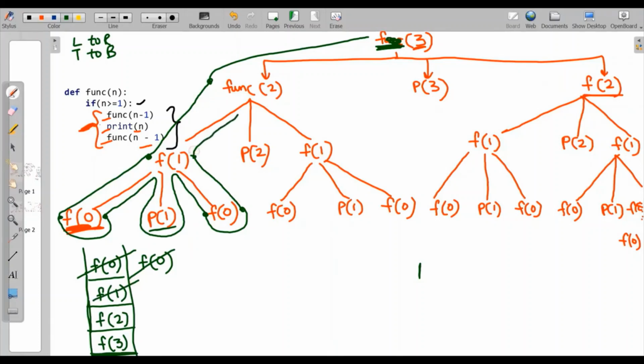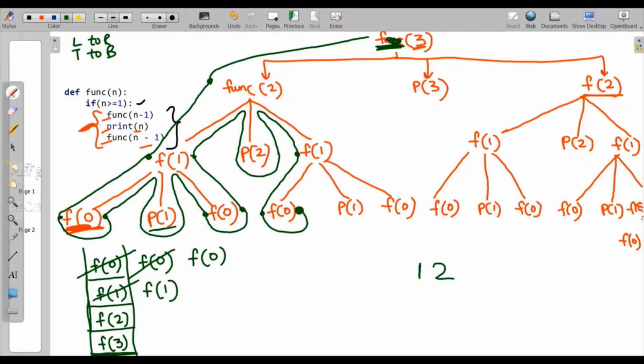Then we will go to func2. Here we will go to print2. Then here it will print 2. Then we will go again, as it is going left to right, step by step. So we will go slowly left to right. So here we have F1 for the first time. So here it will push into the stack. Then we will go top to bottom, F0, it will push into the stack. Then here it is visiting the last time F0. So it will pull out from the stack. Then we will go F1, then we will print 1.